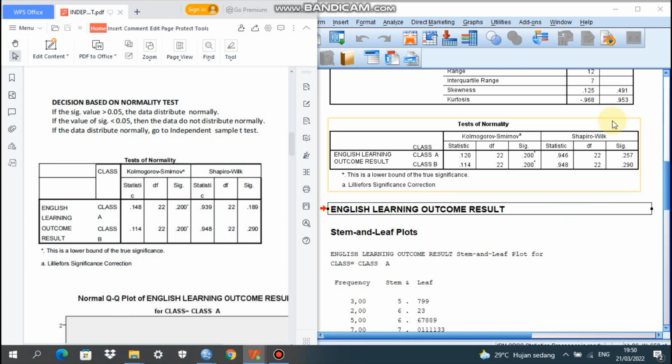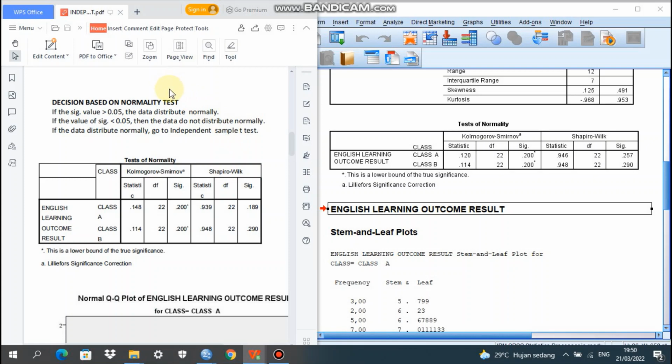So we can have a look here, Shapiro-Wilk, because the participants are 22 students. So for class A, the significance here is 0.257 and class B 0.290.